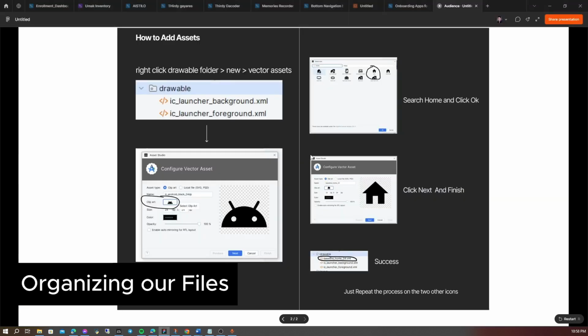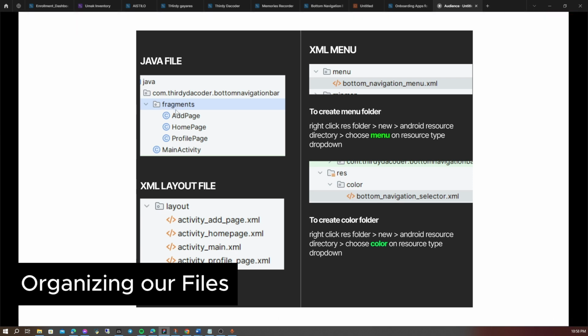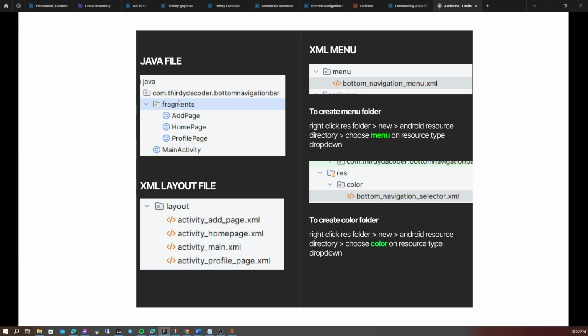Our first step is organizing our files. As you can see on the screen, I've organized my Java and XML files into well-defined folders or packages. Here in the Java section, we have different fragments like add page, home page, profile page, and the main activity.